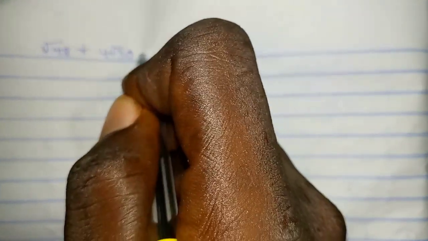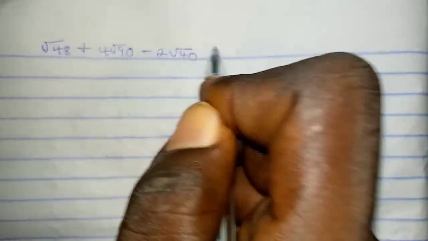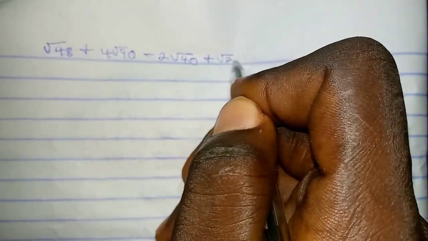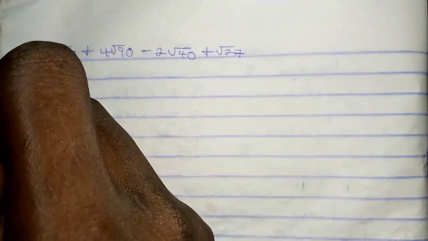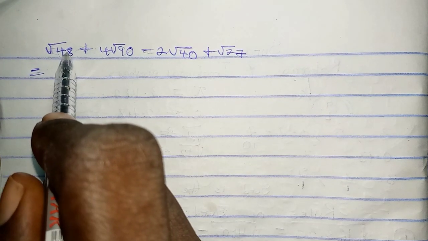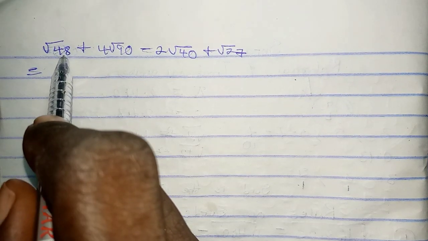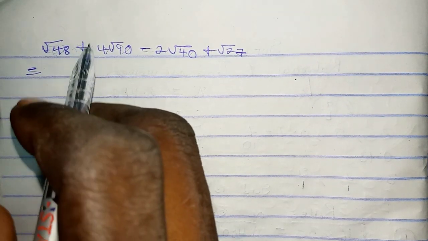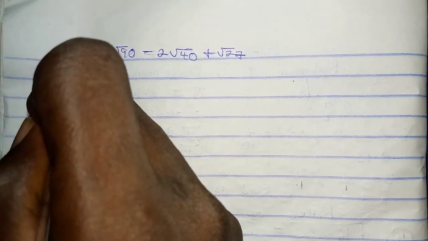Now we have root 48 plus 4 root 90 minus 2 root 40 plus root 27. So you can express this. Don't forget to express this. You will look for two factors whereby one of them must be a perfect square. We have 16 times 3